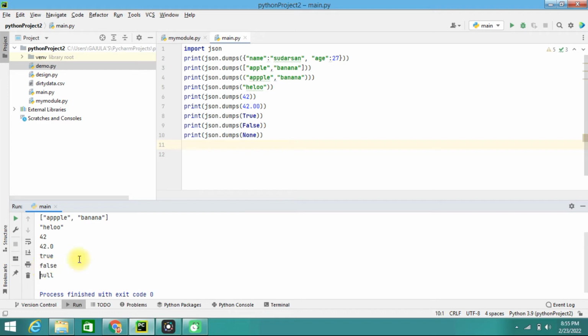Now we want to convert some legal data. Okay, if we are having legal data, how we are going to convert it, we'll be seeing now. So here I'm going to remove everything and I'm going to simply define a dictionary where I'm going to have